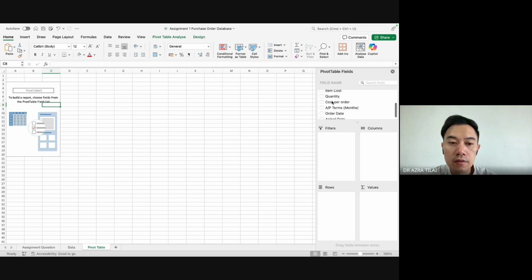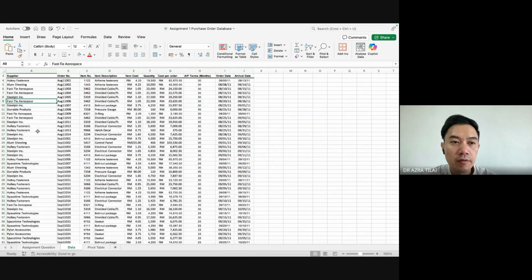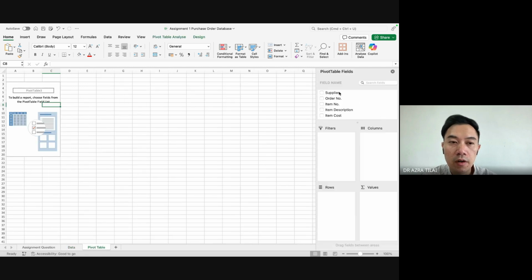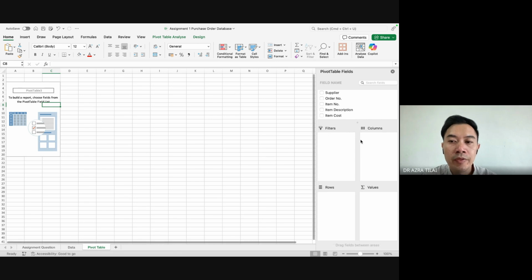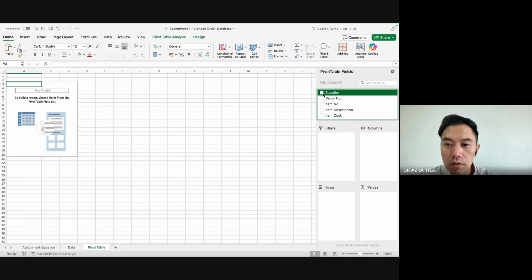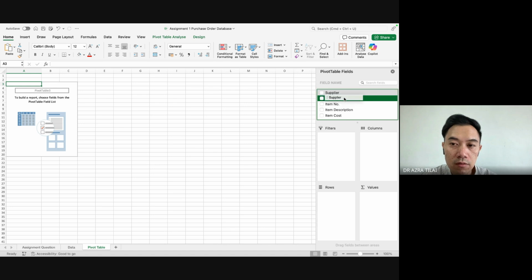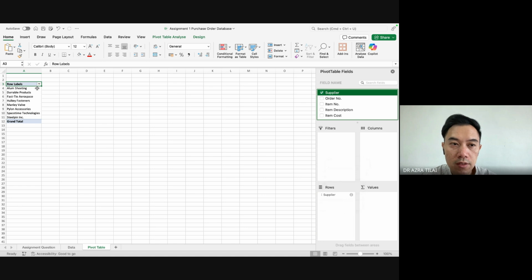So all of the items from the column, we can see that from here, the supplier, order number, item description, until arrival date, it is located inside this box. So what does it mean? It means you can actually select it in rows, or you can just drag it. For example, I'm just showing you the purpose. If you just click on it, hold, and drag it to the row, as you can see, it automatically